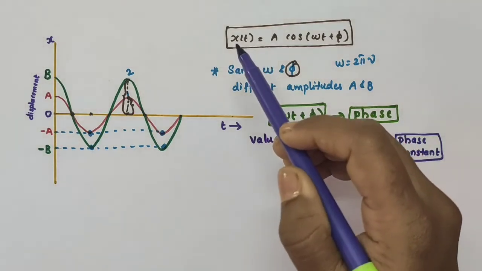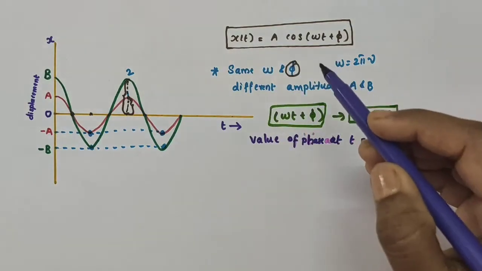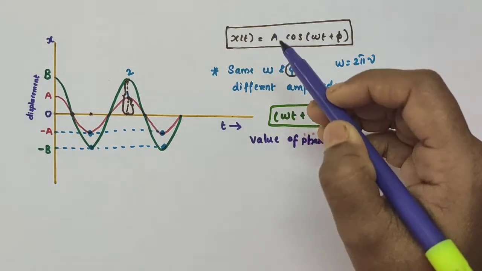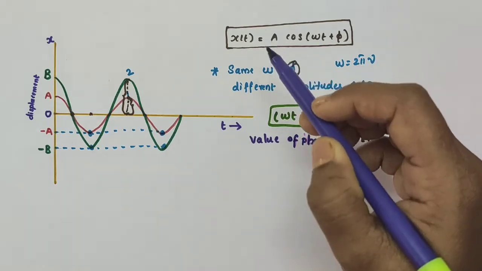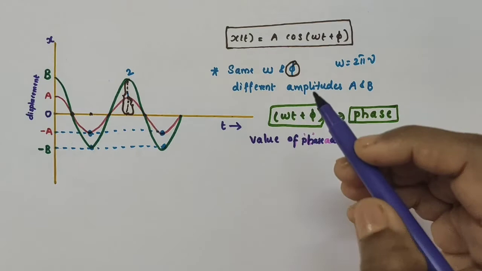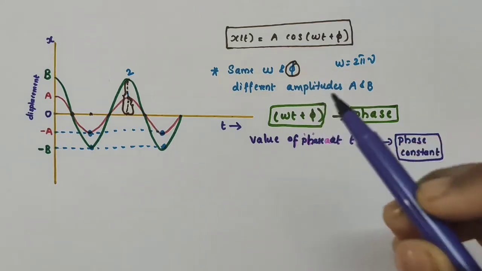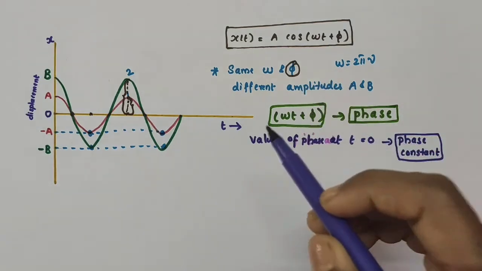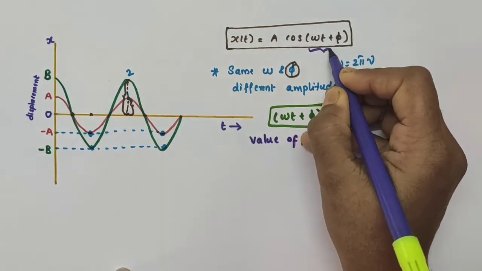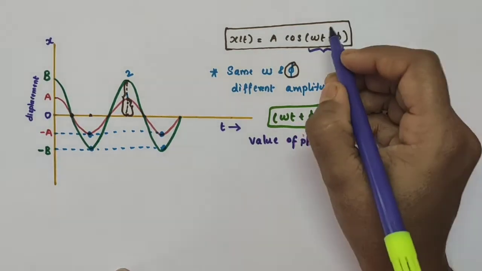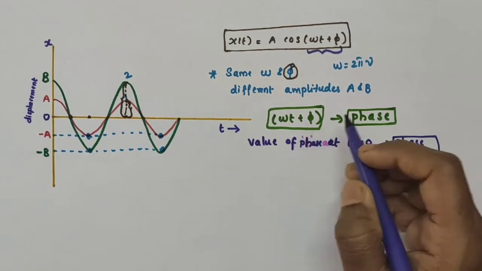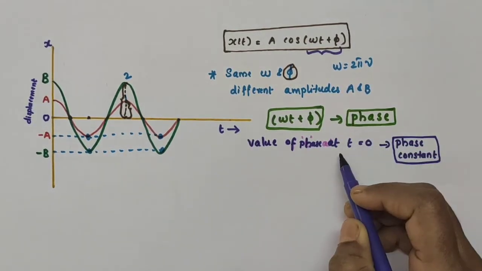Now consider this equation x of t is equal to a cos of omega t plus phi. While this amplitude A, this capital letter A, is fixed for a given simple harmonic motion, the position and velocity of the particle, or the state of motion of the particle at any time t, can be determined by using this argument omega t plus phi. This time dependent quantity omega t plus phi is actually called the phase of the motion.